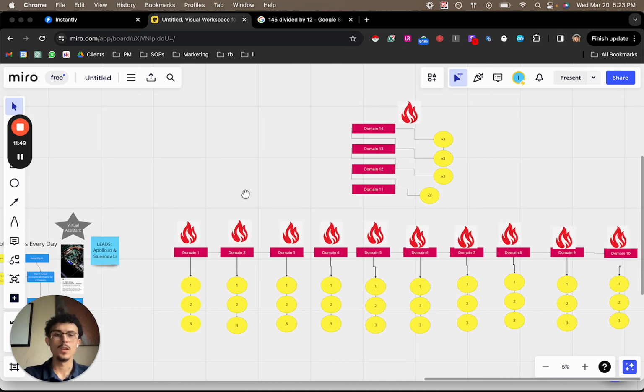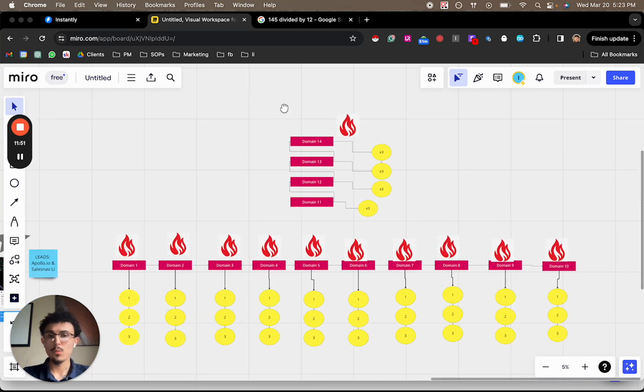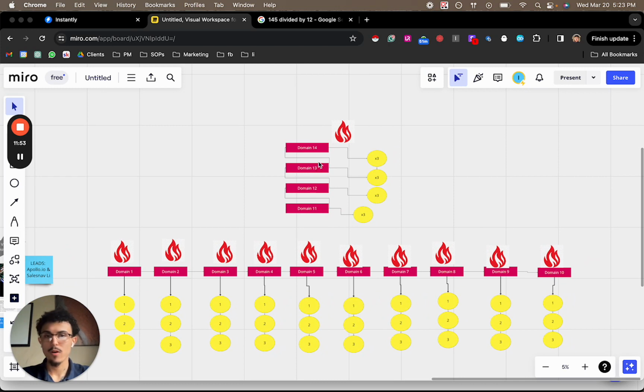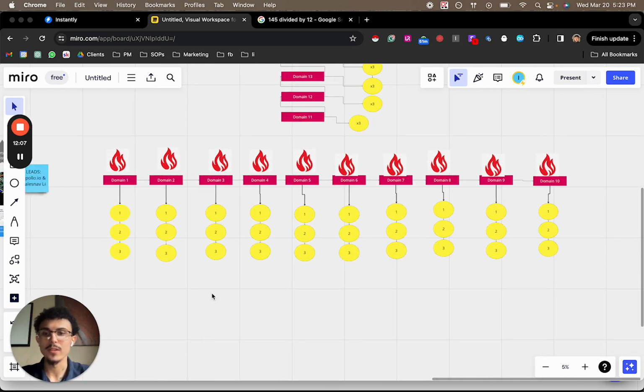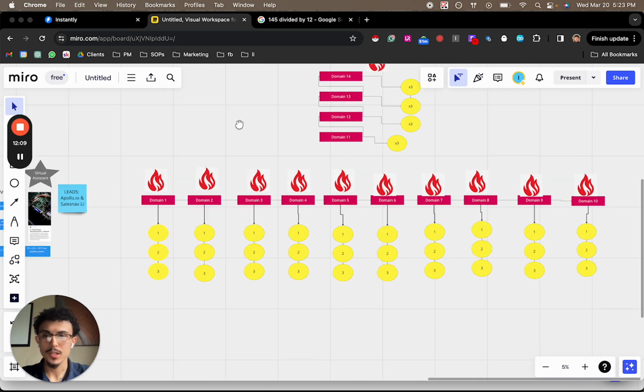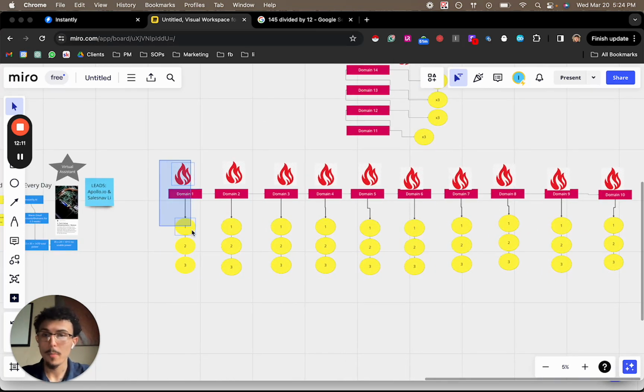So, and then we have domains 11, 12, 13, and 14 warming up as well. And in the background, just in case one of these users gets disconnected or one of these domains actually gets banned or disconnected, or it's just in the bin, right? So effectively what that looks like is, say, domain number 1,